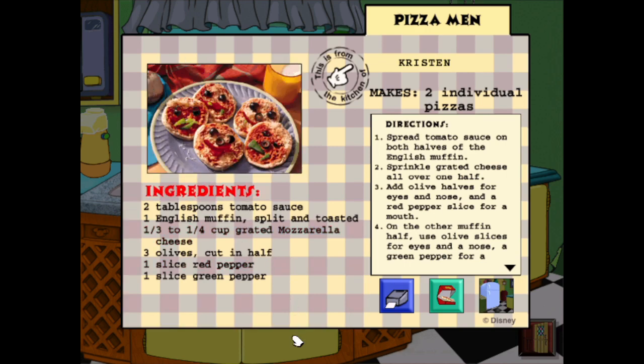Back to recipe. Ingredients: 2 tablespoons tomato sauce, 1 English muffin split and toasted, 1/3 to 1/4 cup grated mozzarella cheese, 3 olives cut in half, 1 slice red pepper, 1 slice green pepper. Directions: